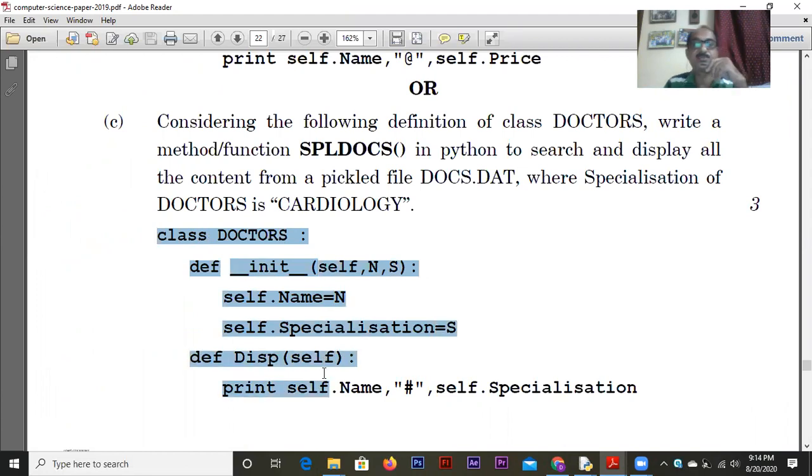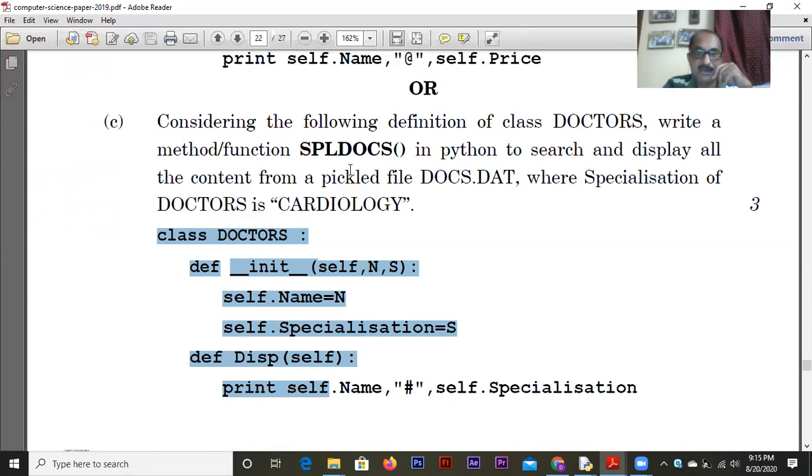This class concept is not there in your curriculum, neither in the revised curriculum nor when it was originally designed. I do not know why, but since they did not mention the class concept, we have to do things in a slightly different way. But you can easily make out their intention, what exactly they are asking you.